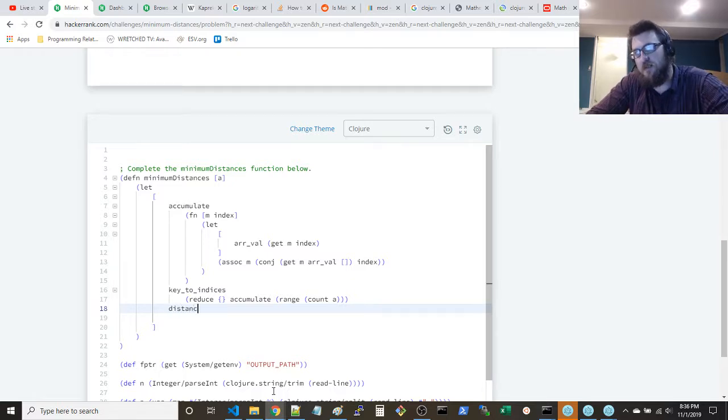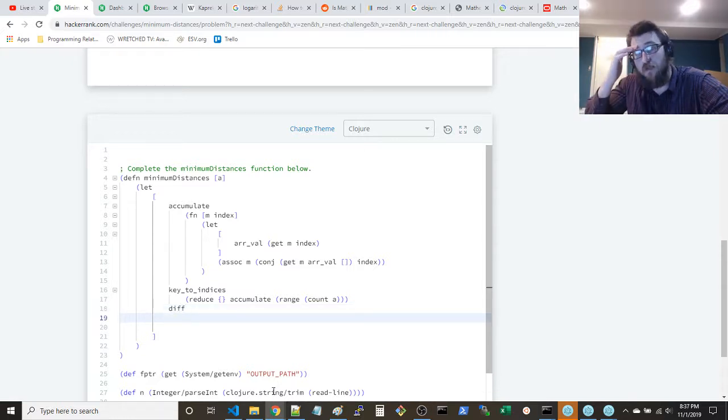Let's get distances, or just distance, yeah, distances, or even difference, yeah, diff, just take the diff. This will be a function that takes an array, and what it's going to return is, it's going to be a reduction, I think. Reduce into this array by